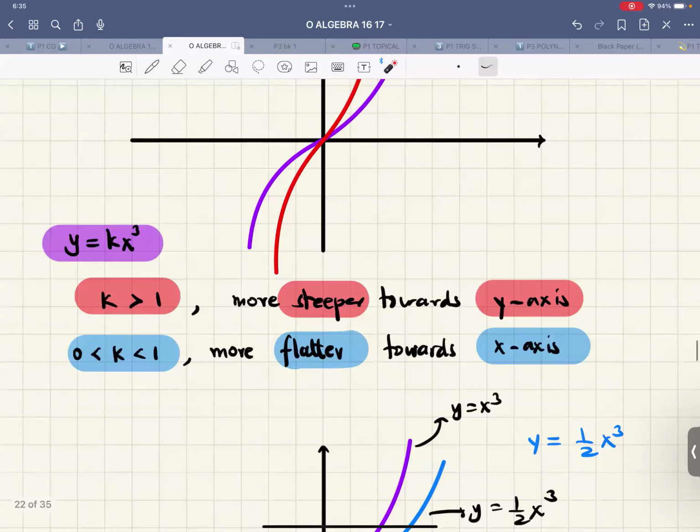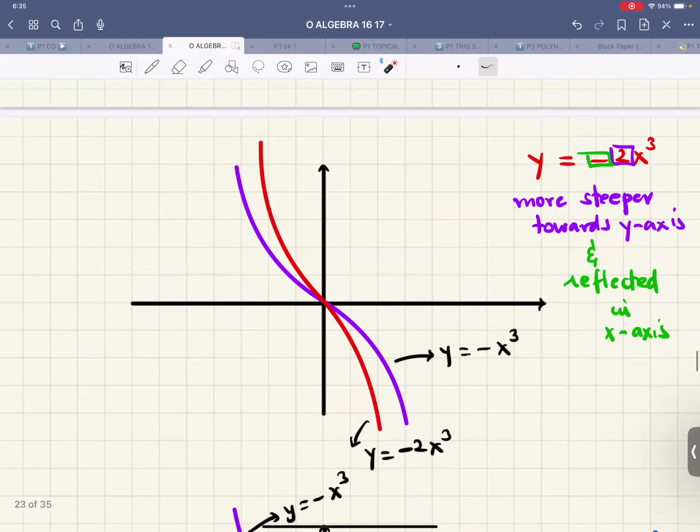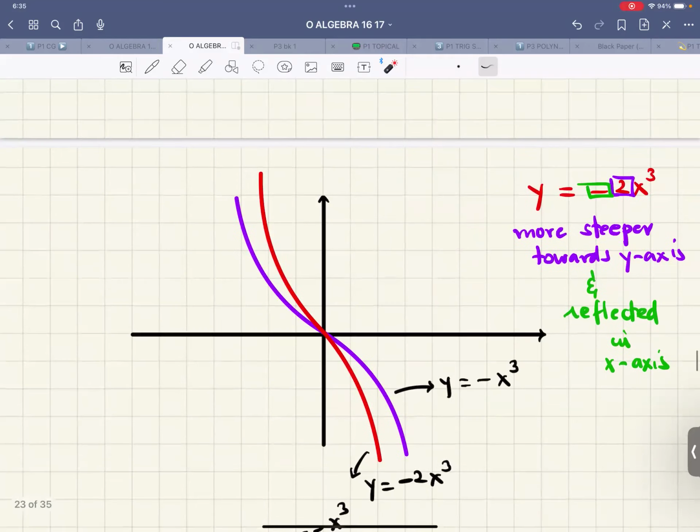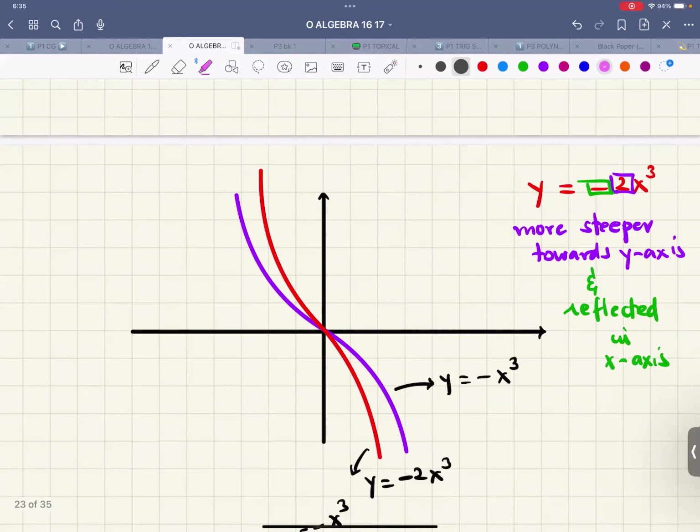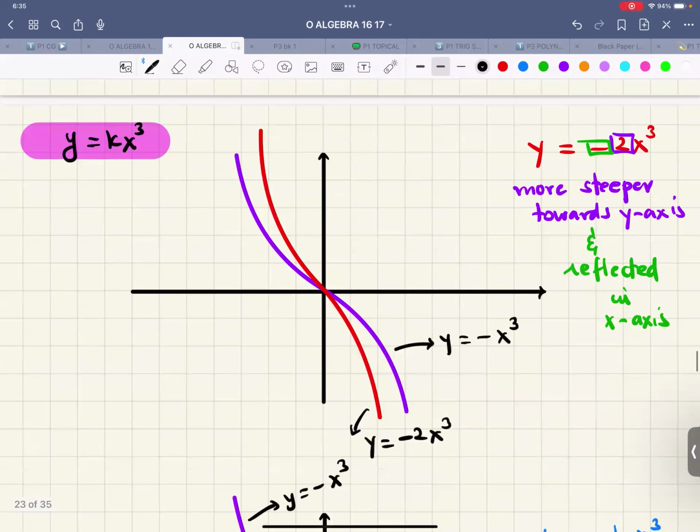That's the logic that's applied over here. Now, what is this thing? This is also y is equals to kx cube. If you want to write it separately, I can help you with that. If k is lesser than -1, so what is happening is that